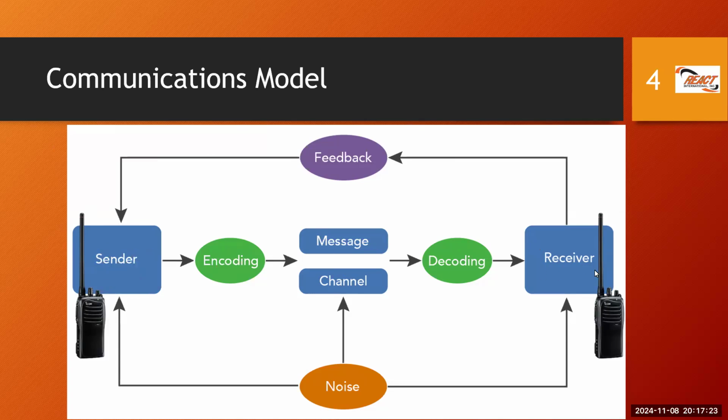Now, to get a message across from a sender to receiver, we'll recognize that we need some form of a channel. With respect to our radio communications, we may say the channel is channel 1 or frequency 150 decimal something, or we may say it's a radio channel. However we wish to describe that channel of communication, whether it's a frequency, a channel number, some means. It could be the internet, it could be smoke signals. It can be any channel that is suitable to get the message across. But the point is, all of those pipelines, if I may use that term, will be considered channels. So between the sender and the receiver, you must have a channel.